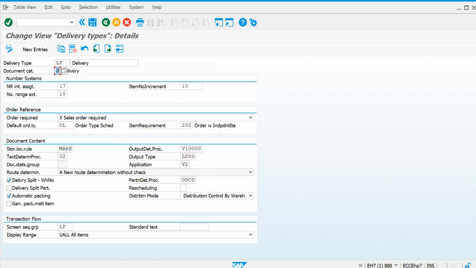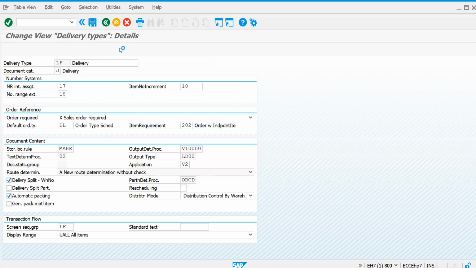Oh, this user is trying to create a returns delivery, because since it is copying from returns order to returns delivery document type, that is LR. If it is standard order to standard delivery, the delivery document type will be LF.